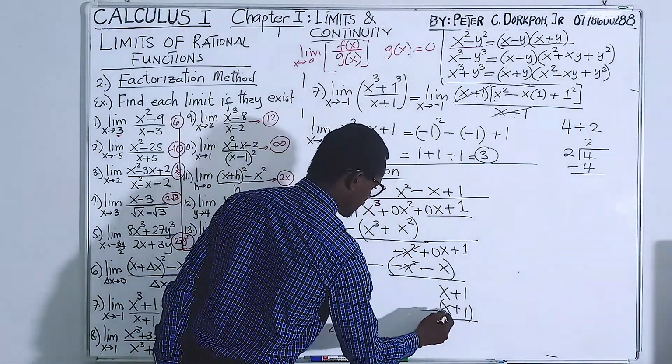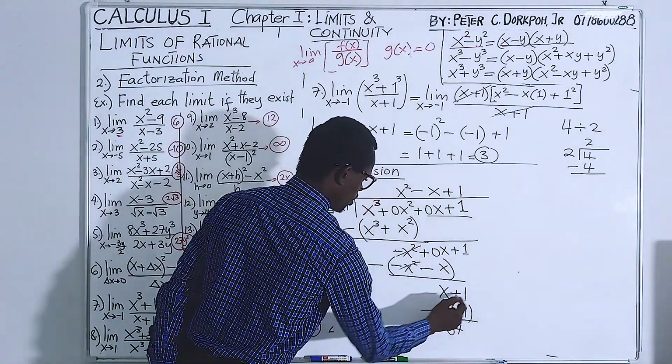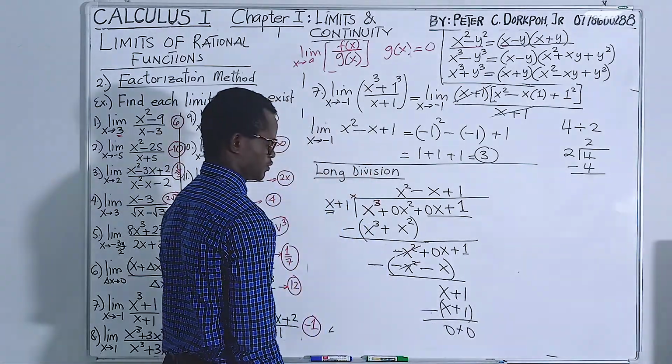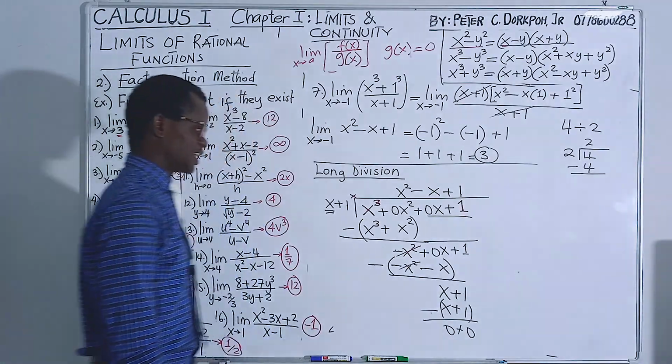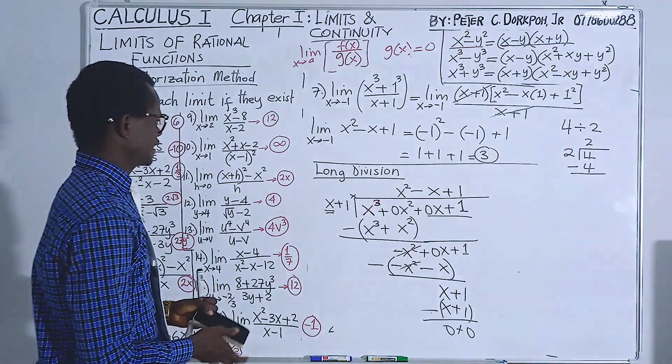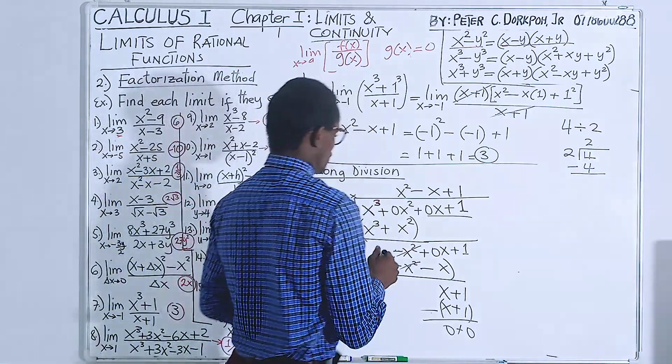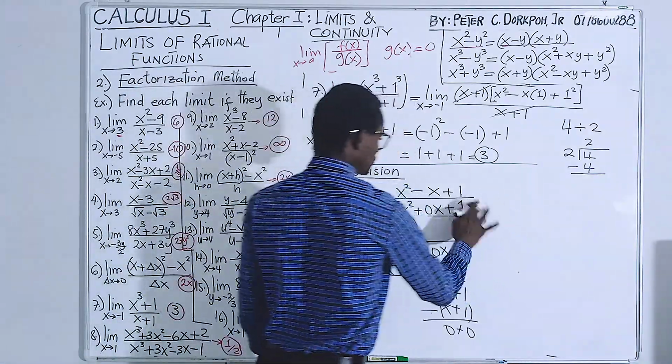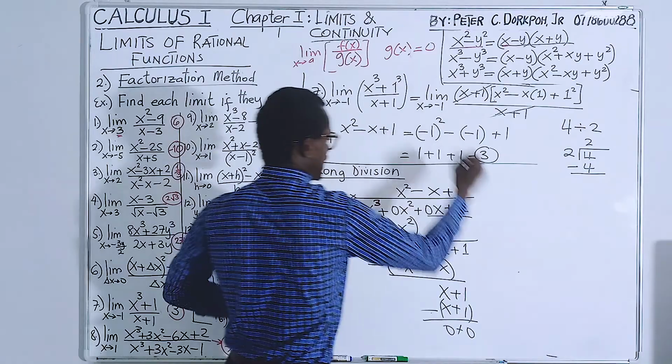So x minus x is 0. 1 minus 1 is also 0. Right? So the remainder now is 0. So we stop. Now the rule says whenever you divide one expression by another,